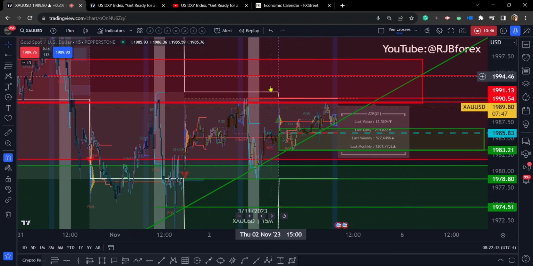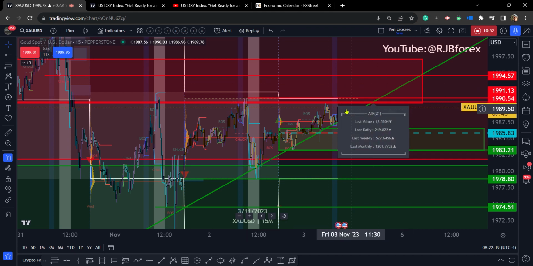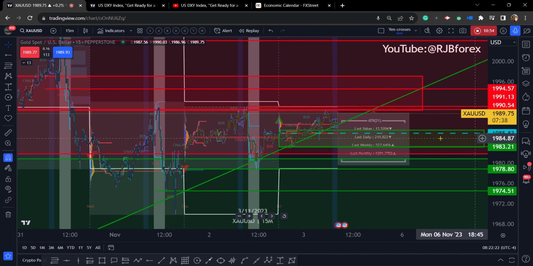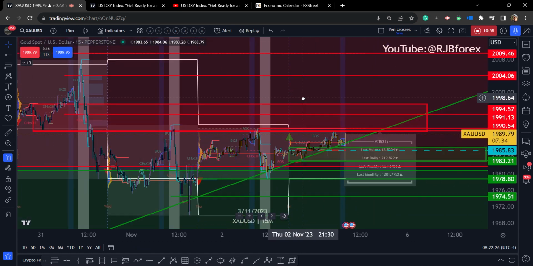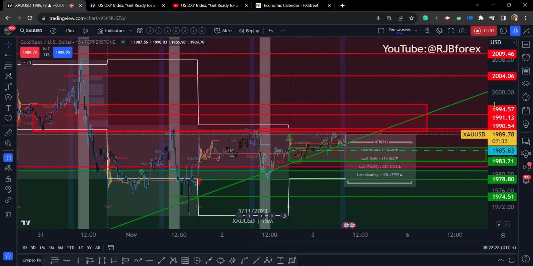If, on the other hand, we break this cluster, well, let's just call it yesterday's highs, that's bulls showing the hand, they're staying in control, and we've got the upside targets as drawn with a psychological target of 2000. Okay, end of analysis for gold. And I'll now get on to the currencies.